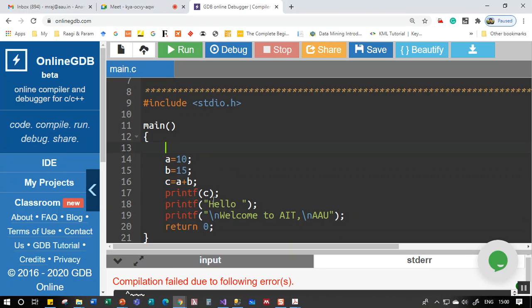So I need to declare what is A, B and C. So A, B, C, these are three identifiers which can store integer value. Is this understood? A, B and C are three identifiers which can store integer value. Now I can use A, B and C in my program, and if I run again,